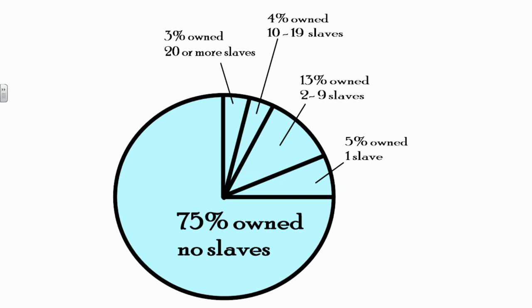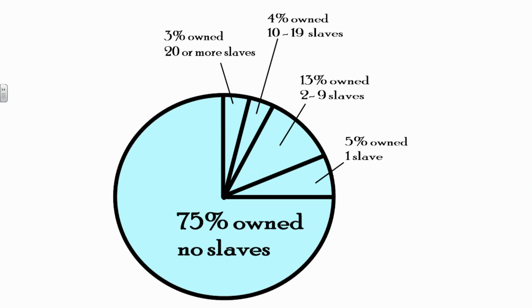I think that surprised a lot of you. I know that surprised me. That means only 25% of people living in the South were slave owners. And if you take a look, only 3% owned more than 20 slaves. And so obviously the richer you are, the bigger the plantation you have, the more slaves you'll need. And so it's really the wealthiest plantation owners down in the South that were the majority of our slave holders.